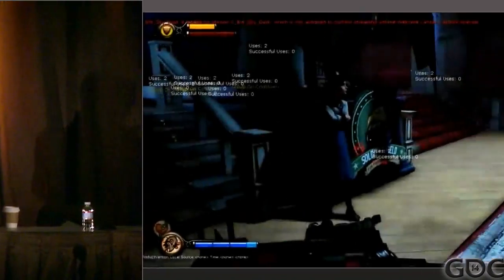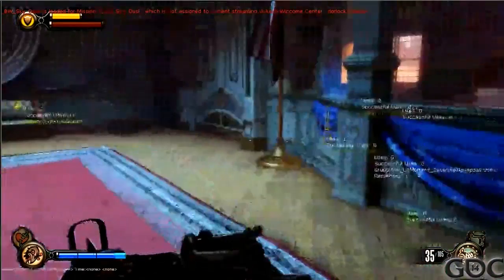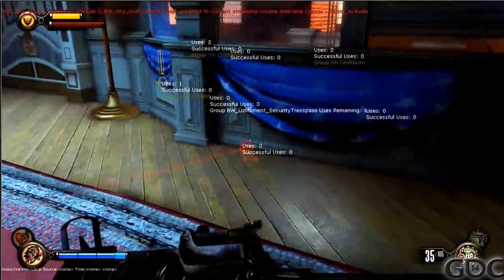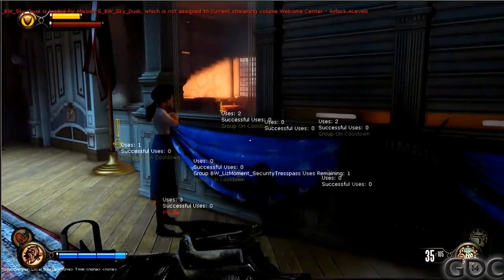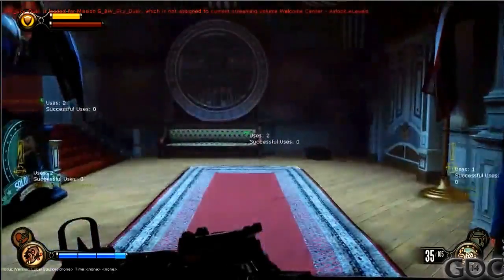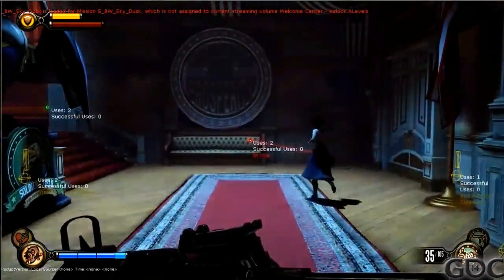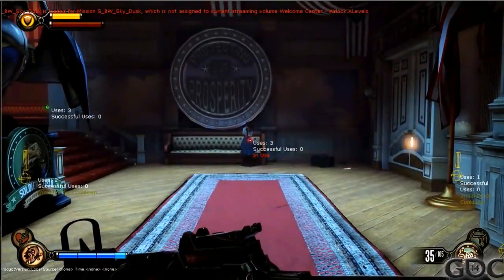So to give an example of Smart Terrain, in this video, I'm using a debug command we had for Elizabeth where I can just point at the docking points for the Smart Terrain, and she'll just move to and use it. So right now she's using Smart Terrain leaning up against the column. I'm going to point at this Smart Terrain over here. She's going to look in the window. I'm going to point at that Smart Terrain over by the bench. And she'll sit